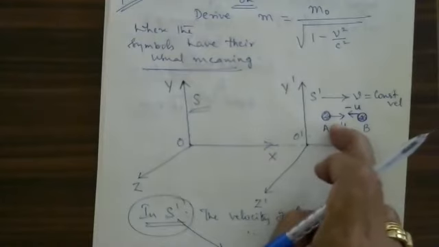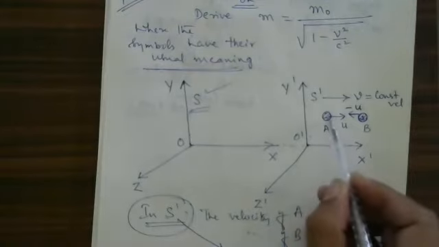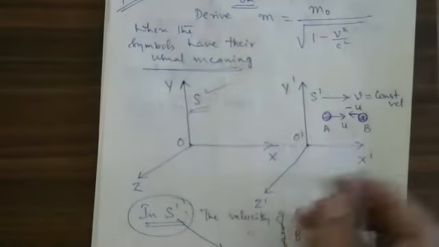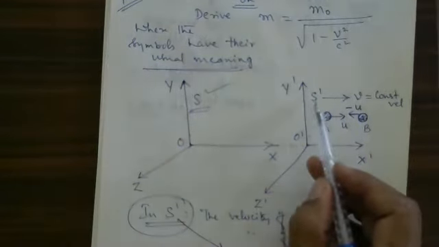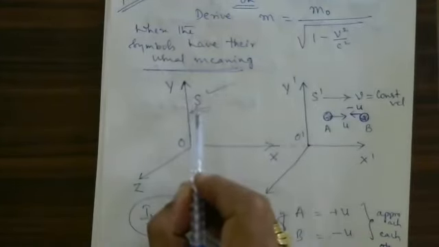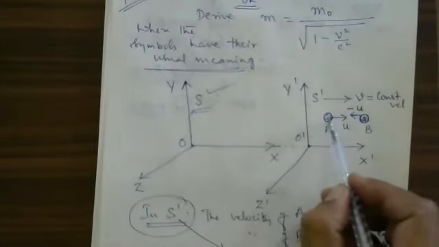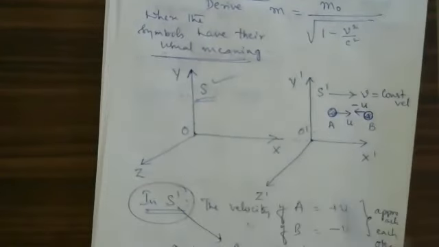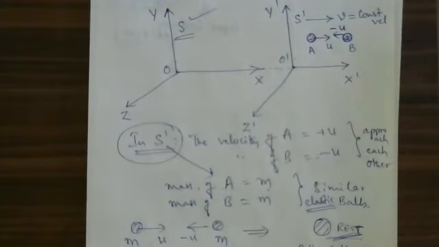This is in frame of reference S dash. Now we have to choose, in the frame of reference S', the body A, whose mass is equal to M, and the body B, whose mass is equal to M, in the frame S dash. Whereas with respect to the S frame, the body A, whose mass is not equal to M now, is equal to M1. The body B has mass M2 with respect to S. I am supposed to derive that.